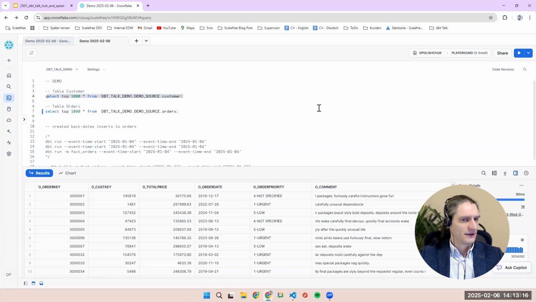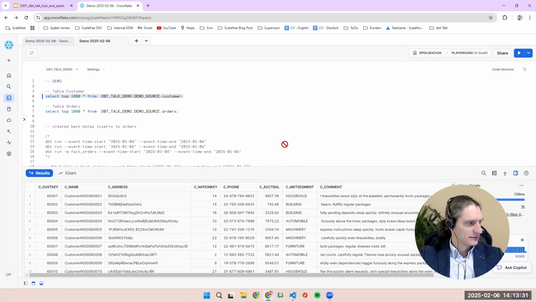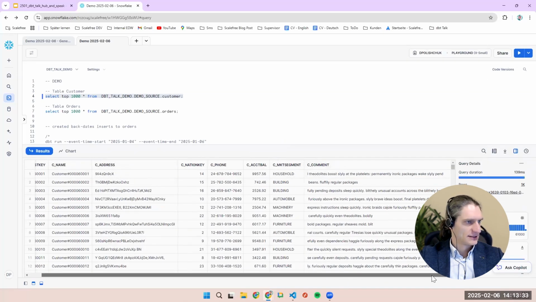Attributes update often in this table, and some new customers are added, but all this happens not in a time-based manner. So the table contains approximately 150,000 records. So yeah, let's preview it shortly. So this is basically, as you can see, a simple